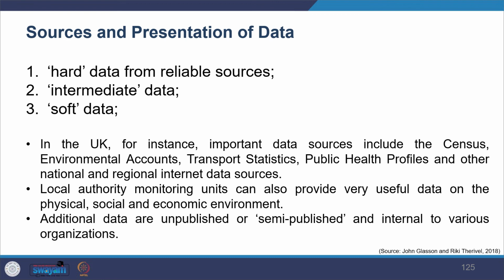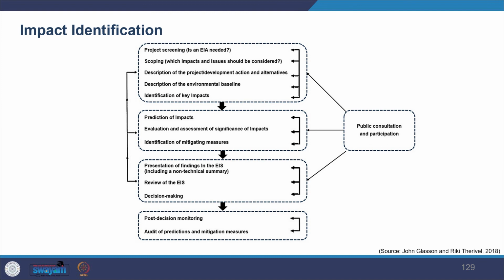As a professional, you might have to present this data in a variety of ways. This whole range of data can be presented. Usually you will see that maps are used, which are not necessary, but maps are very good for communicating. You can also use GIS, Geographic Information System maps, for communicating your baseline environmental status and what would really happen with or without the project. So that was about the baseline, and in the impact section we are going to look at how to undertake those baseline studies.